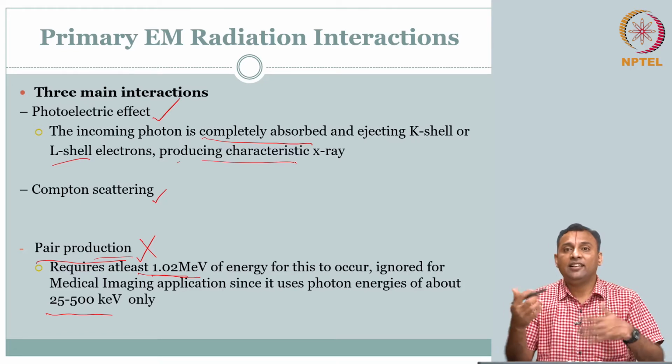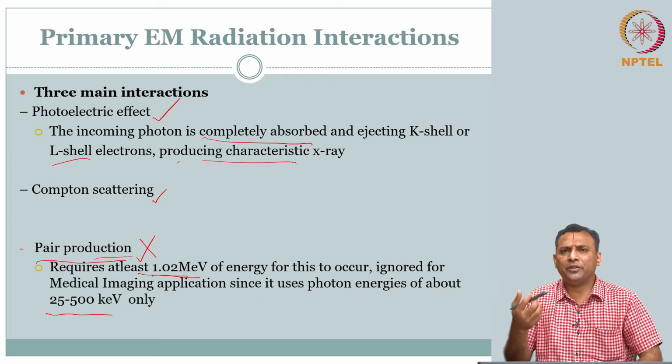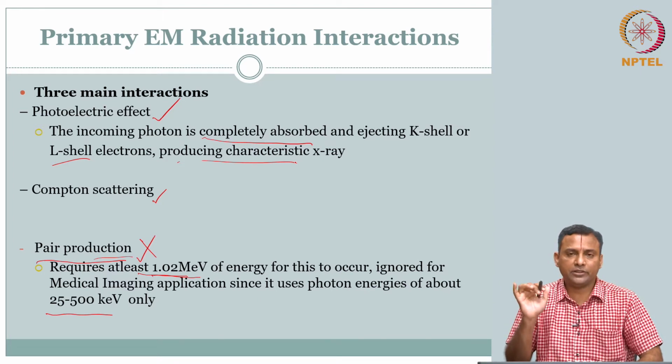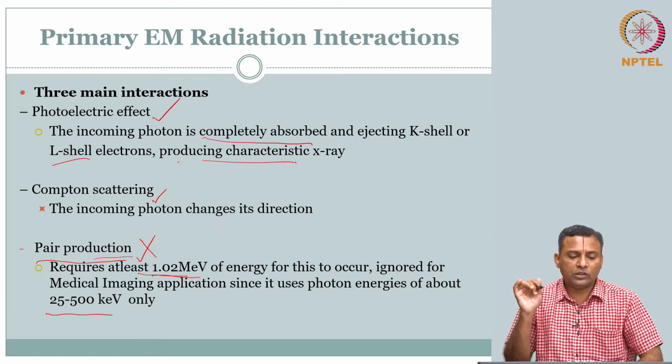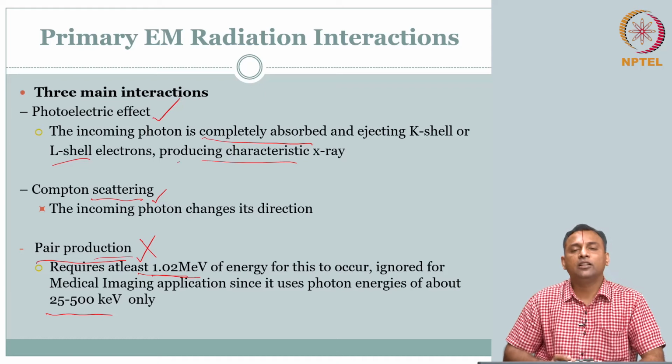Again, that characteristic X-ray is also electromagnetic radiation, but obviously you can guess that it is probably of a lower energy. That much is straightforward. Now, Compton scattering, as the name suggests, scatter means